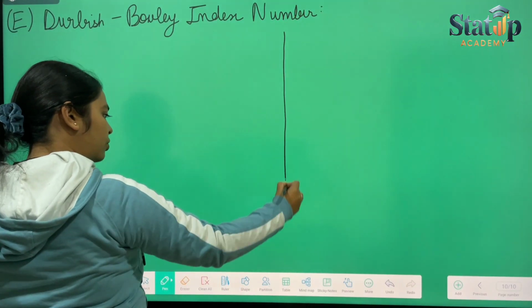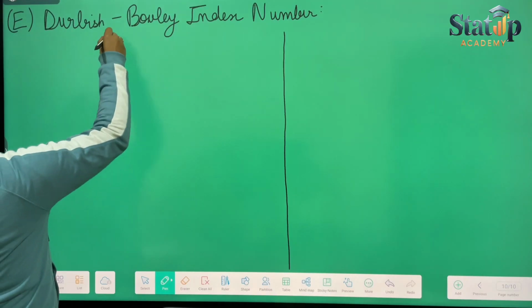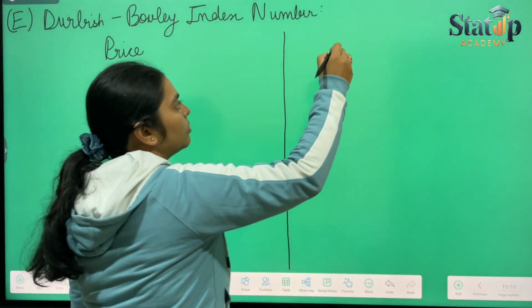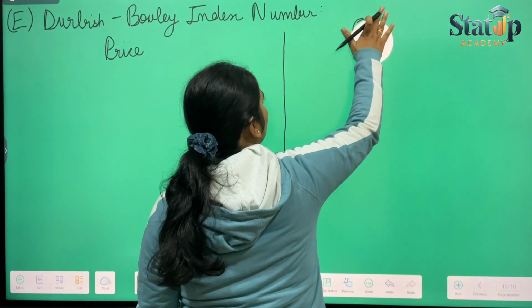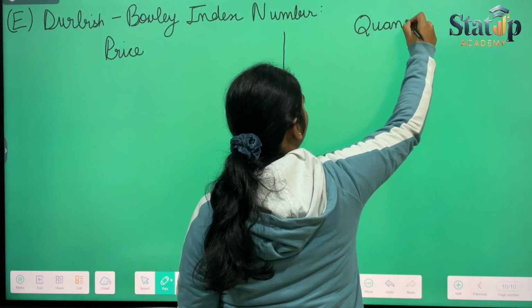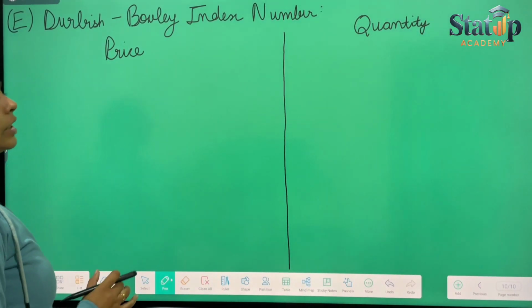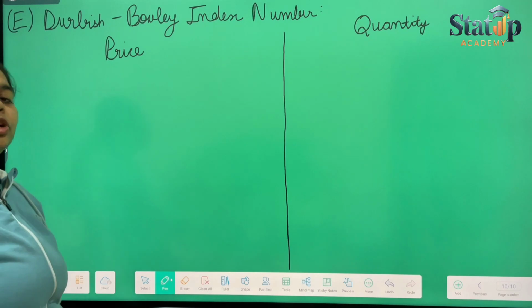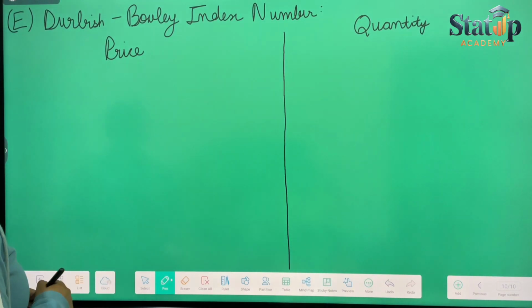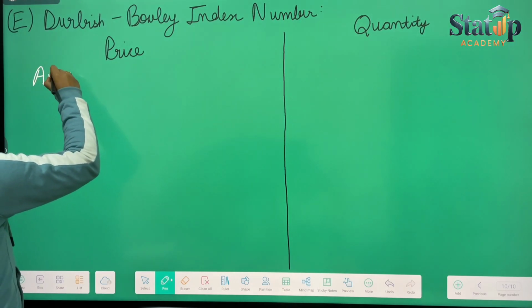Again dividing into two parts. Now here it will be Drobisch-Bowley price index number, and here it will be Drobisch-Bowley quantity index number. So Drobisch-Bowley is the average of Laspeyres' and Paasche's index number,